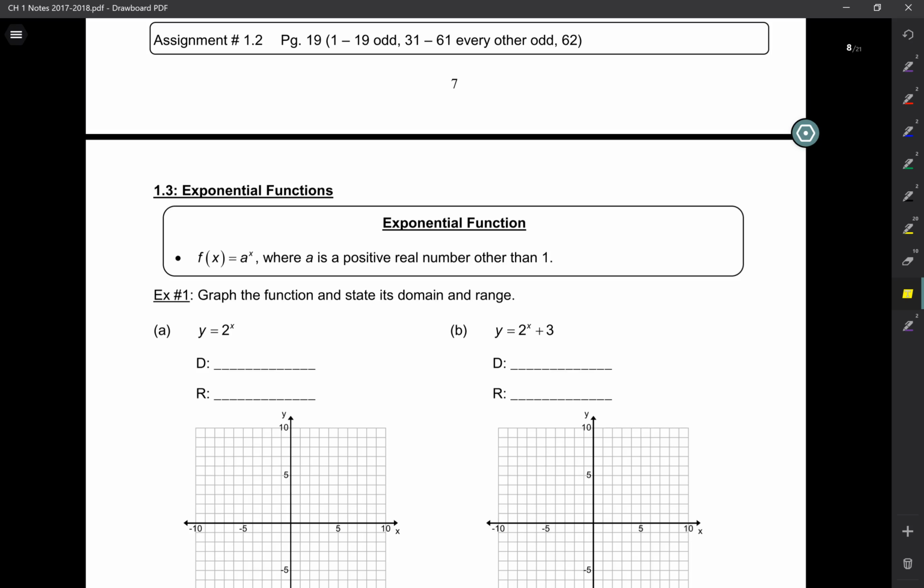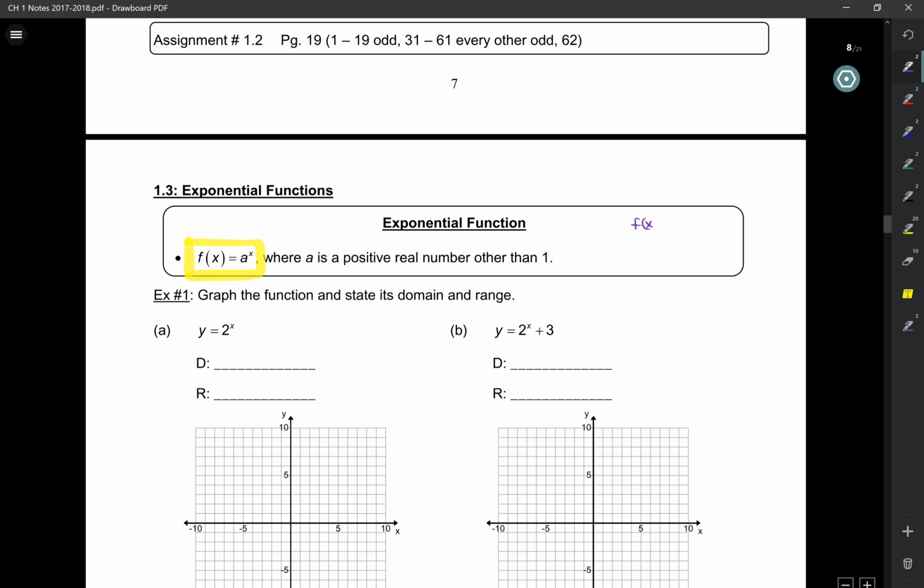So we're going to be talking about exponential functions today. Now, an exponential function looks like this: f of x equals a to the x. So basically, one where you have a number, a constant, raised to a variable. So for example,